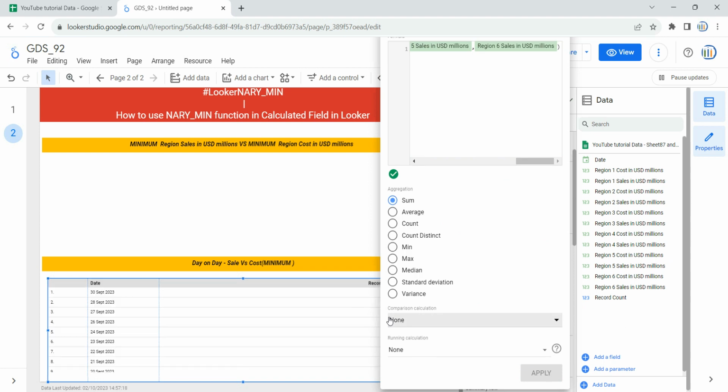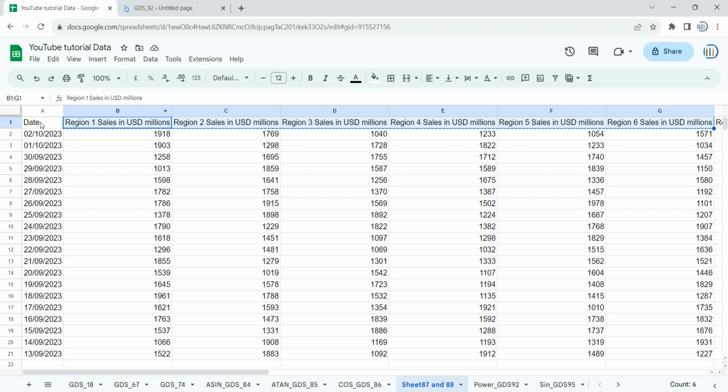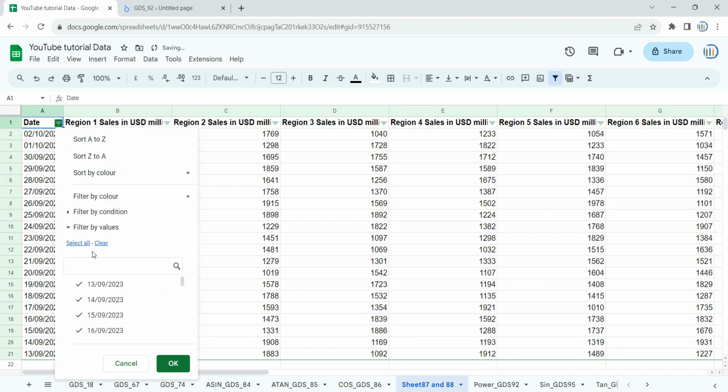The moment I click on apply, you will see that Looker will start calculating it in the background. And if I click anywhere and then come over here, you will see that you have a sales minimum column. So on 30th of September, you will see that you have sales 1258, which is the minimum value. Now if I come back to my data source or raw data, if I put a filter for 30th of September